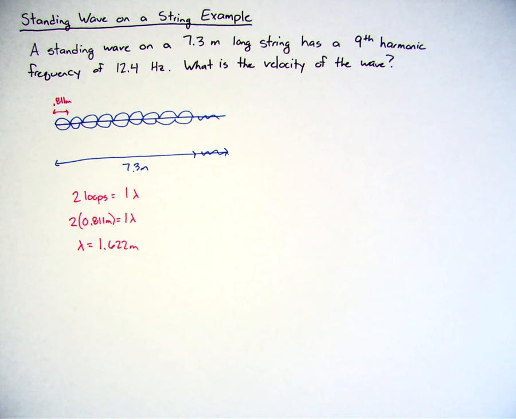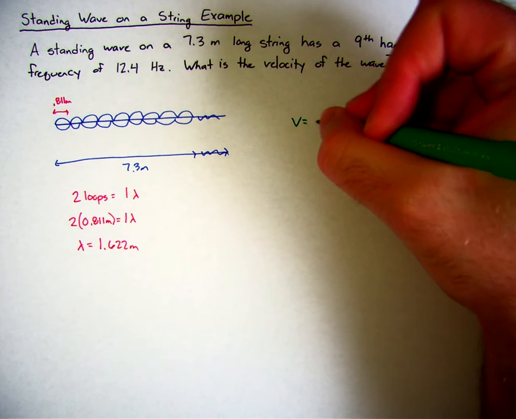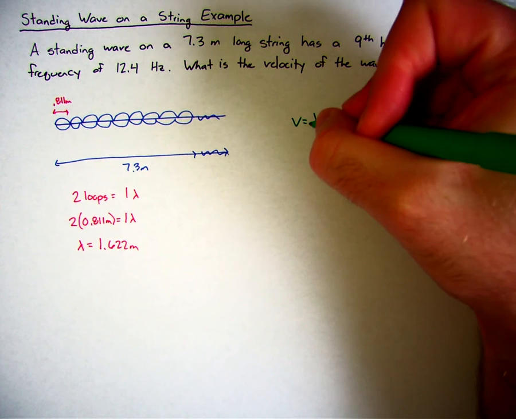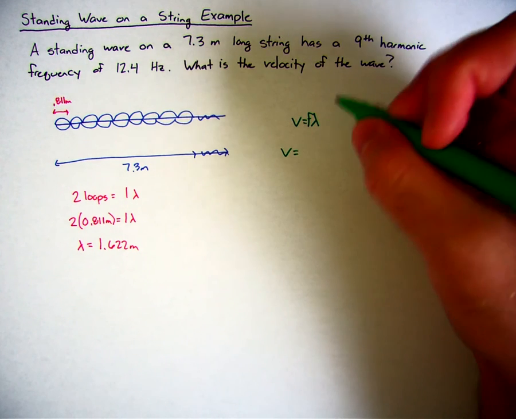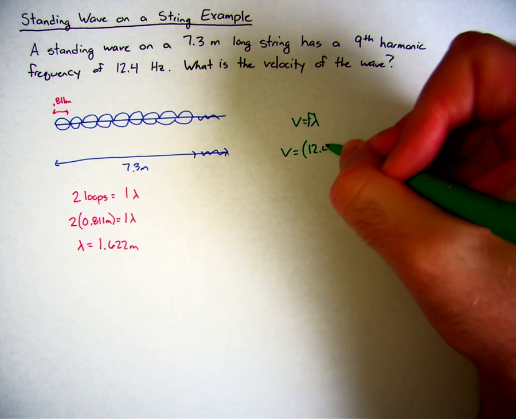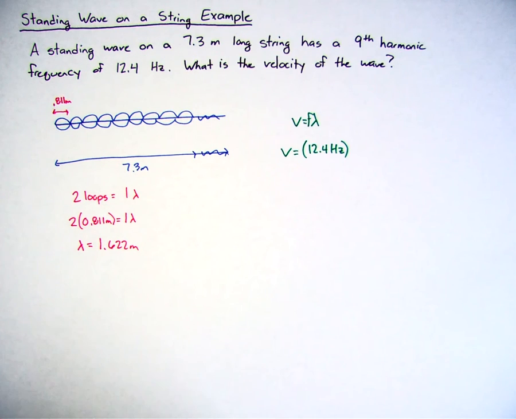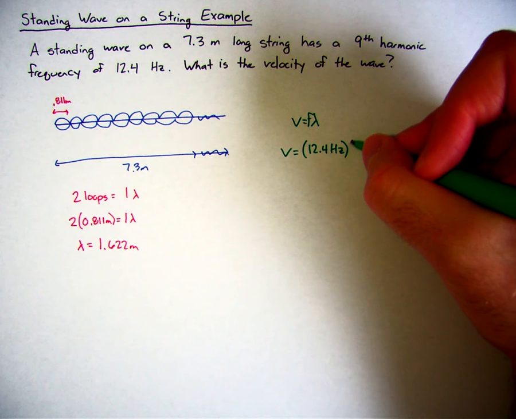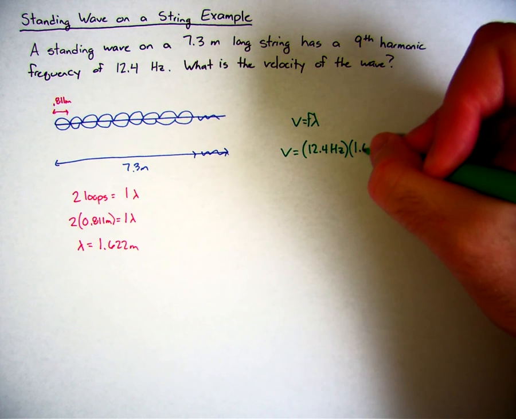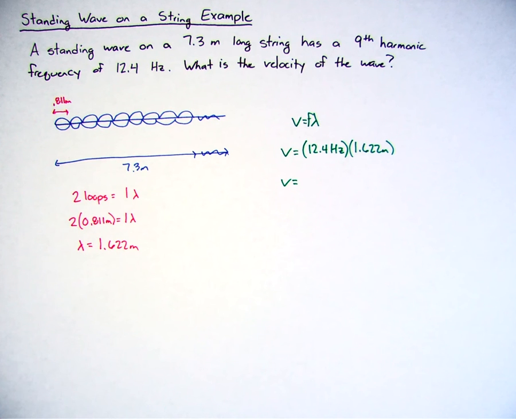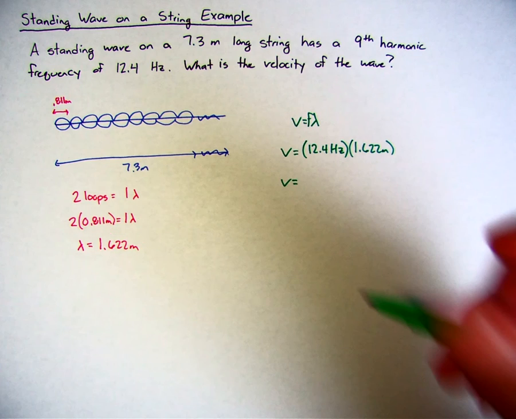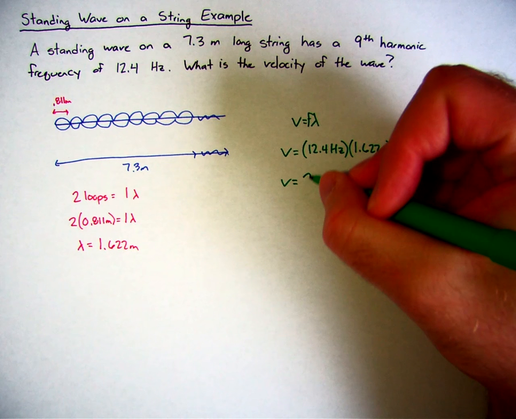The next thing I can do is just use my wave velocity equation. So velocity equals frequency times wavelength. I don't know the velocity, but I know the frequency at the ninth harmonic is 12.4 hertz. Since the frequency is 12.4 hertz and the wavelength is 1.622 meters, I can just multiply those together, and I can get my velocity, which is 20.113